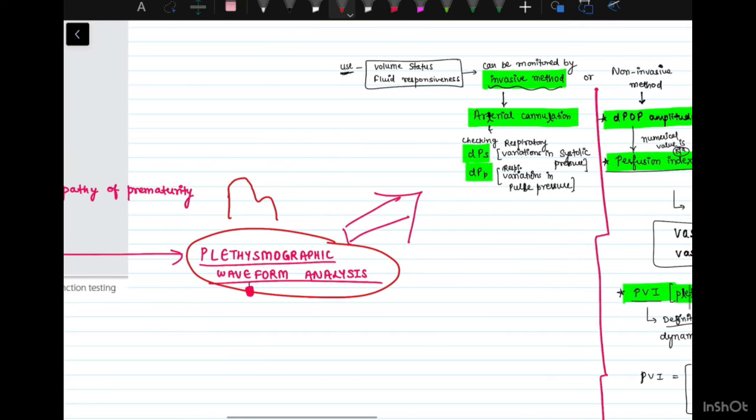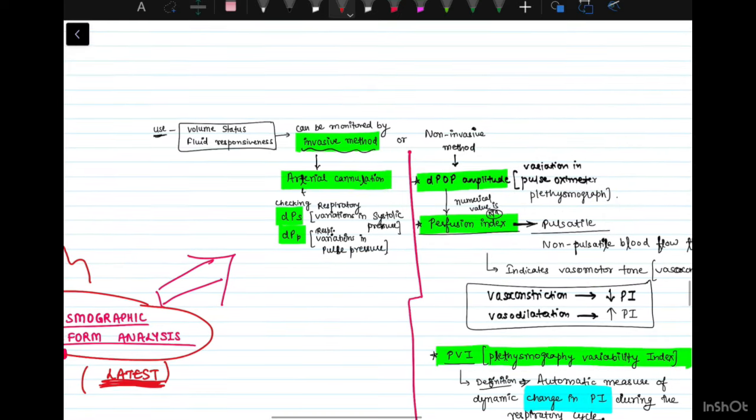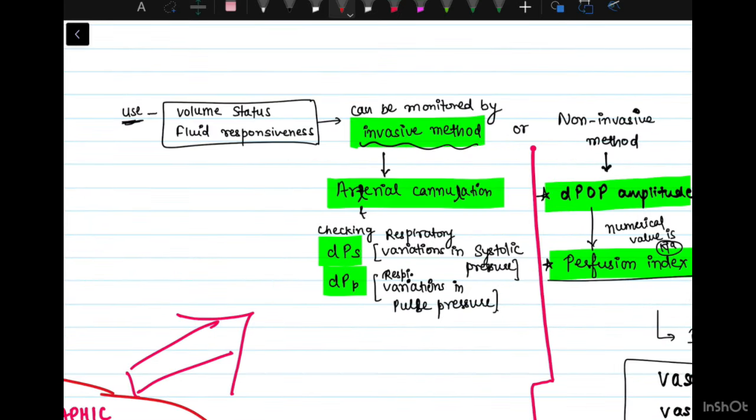The 12th component is the calculation of the volume by the plethysmographic waveform analysis. This is the latest advance and is quite confusing, and you need not go into detail on this, but let me at least introduce you to this: calculating the volume status or fluid responsiveness in anesthesia is a very important task, because by